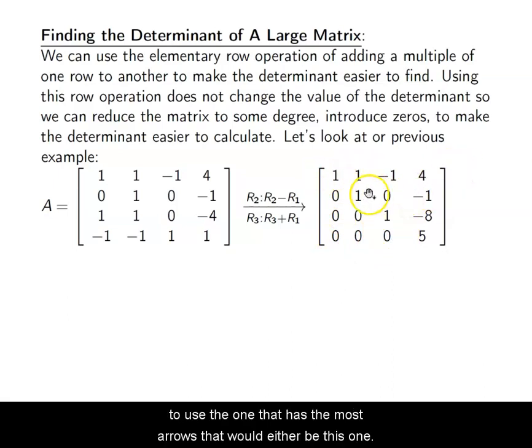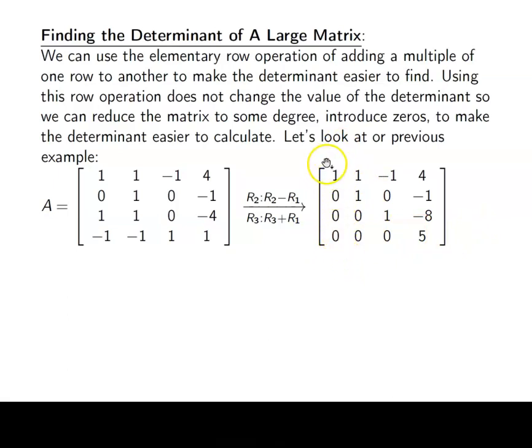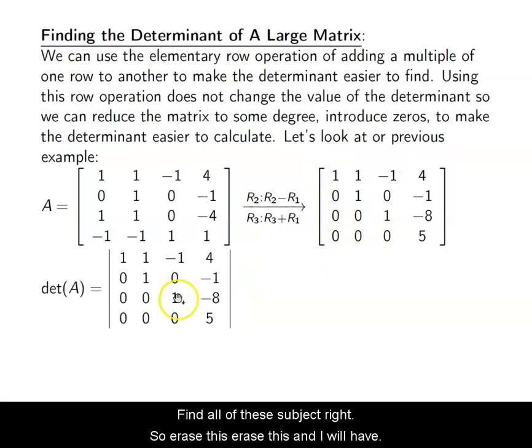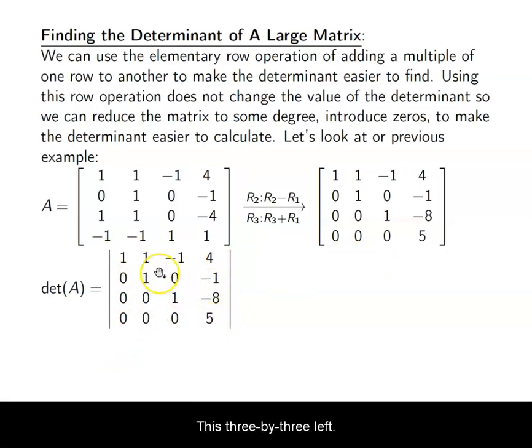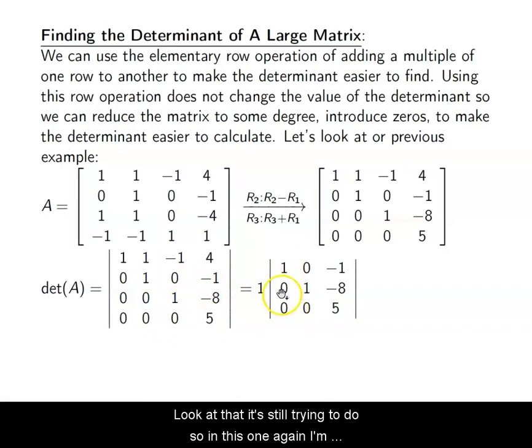So I'm going to go ahead, I'm going to use one that has the most zeros. That would either be this column or this row. Now obviously this one is best because it has a 1, so let's traverse down this, plus, minus, and find all of these subdeterminants, right? So erase this, and I will have this 3 by 3 left. Okay, well, look at that, it's still triangular. So in this one, again, I'm not going off of what it would be here. I'm going off of here, plus, minus, plus. To finish this one out,